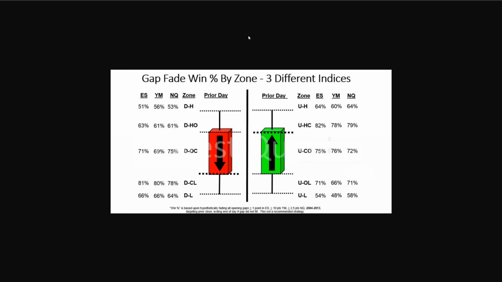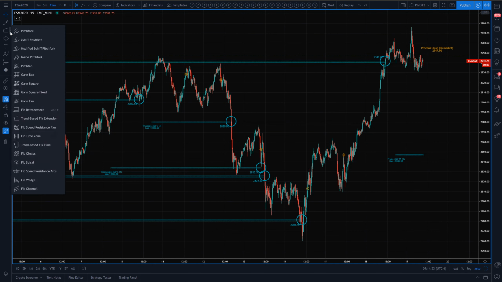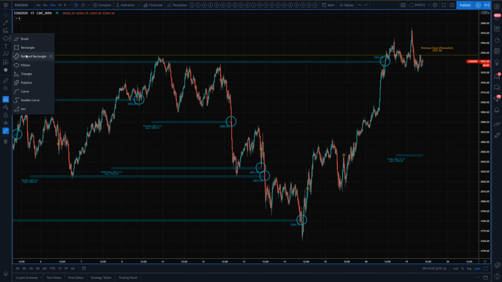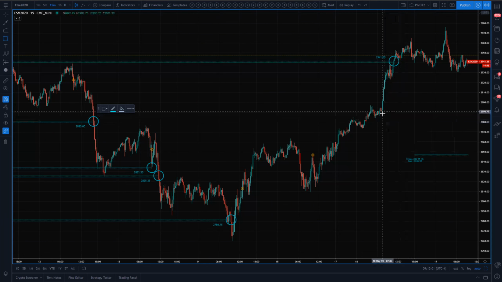And when I say gap, I'm talking about the session gap. So right now, if you can only imagine the session gap, when I say session gap, I mean that